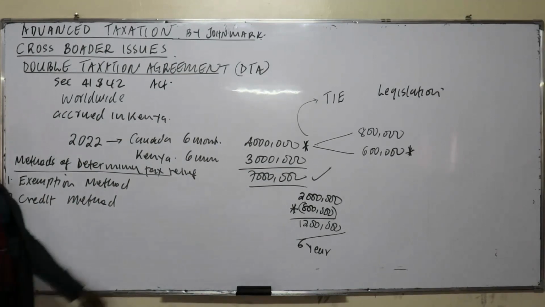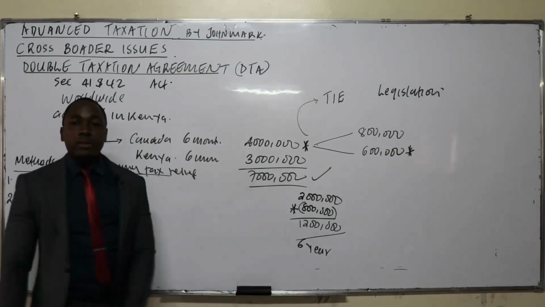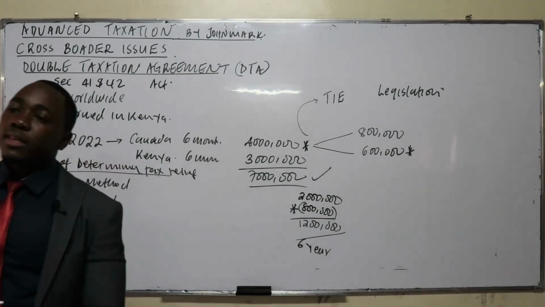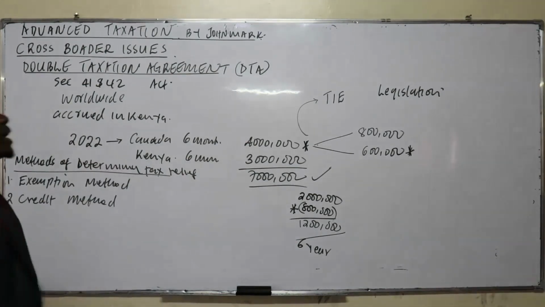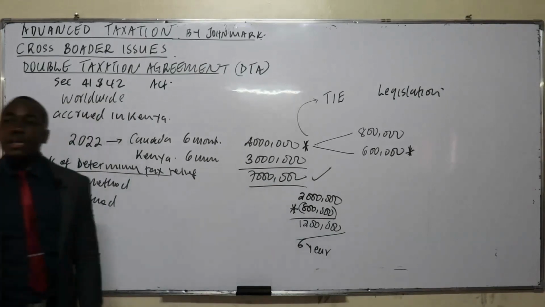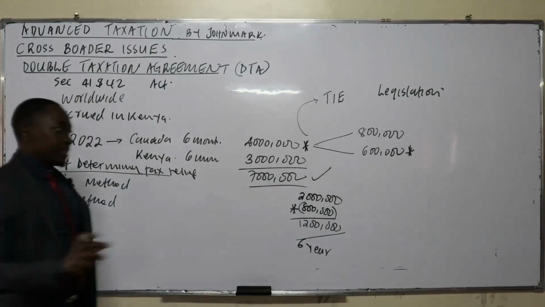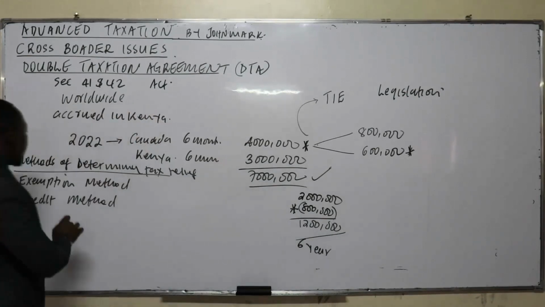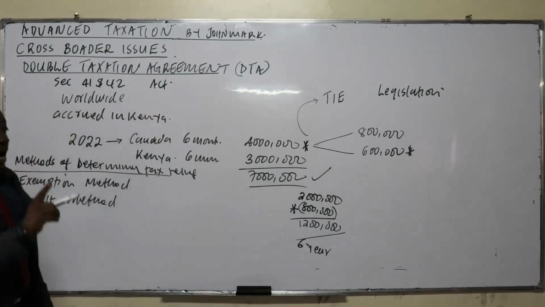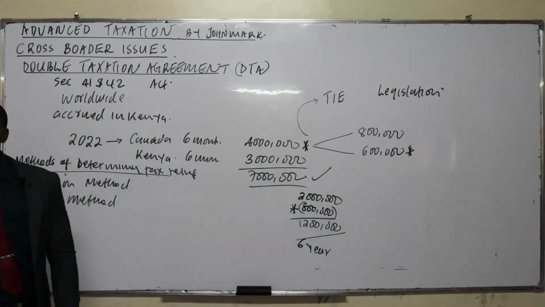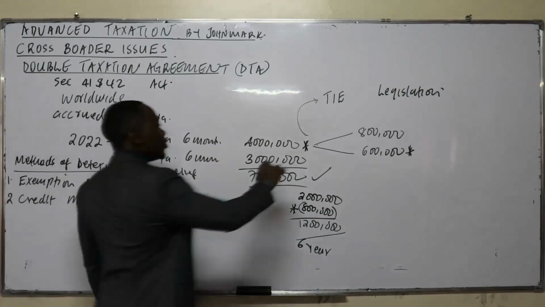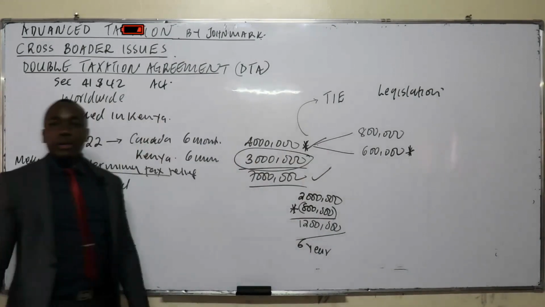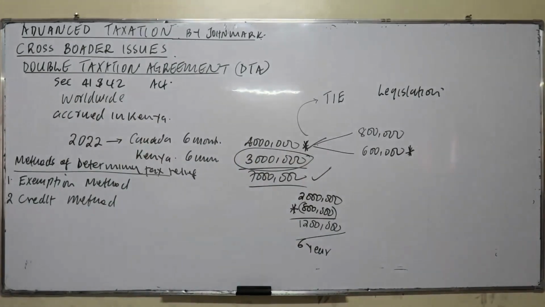In this case, the assessable income is 7 million. What happens in this case? The amount earned in a foreign country, which Kenya has a DTA with, will be exempted when assessing the taxable amount. This means of the 400 and 300, the total is 700. If you choose the exemption method, the income earned in the foreign country will not be considered. So that means you will not consider 4 million. Now you'll only assess the amount earned in Kenya. That's 3 million. That's what we call the exemption.